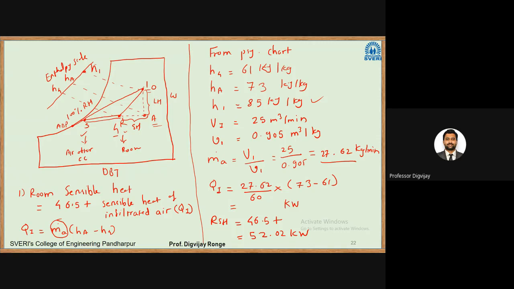So return air is 60%. There is one trick involved here. If you want to divide this line, always remember, if the percentage of room air is given, that is 60%, it will be on the opposite side of it. So this is point R given here. 60% will be on the S side. If it was given for supply air, that will be on the side of return air. I will show how, what I mean here.